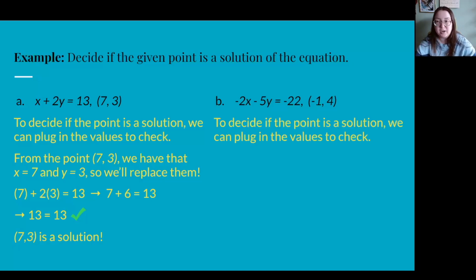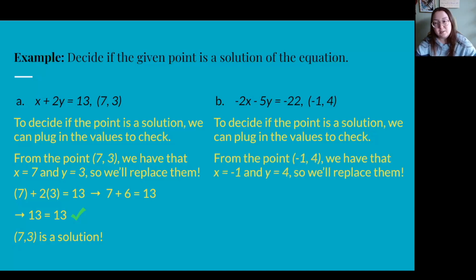So just like before, to decide if the point is a solution, we can plug in the values to check. From negative 1 comma 4, we have that x is negative 1 and y is 4. So we'll replace x and y in our equation with those numbers instead. So we'll have negative 2 times negative 1 minus 5 times 4. So we replaced x and y with their values from the ordered pair, and we're saying that this should equal